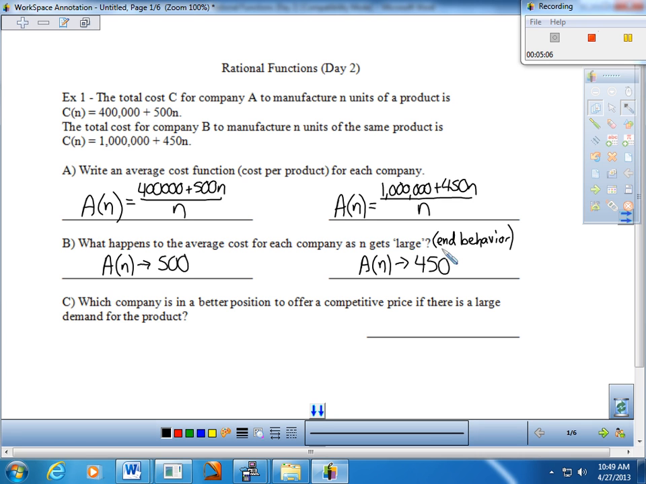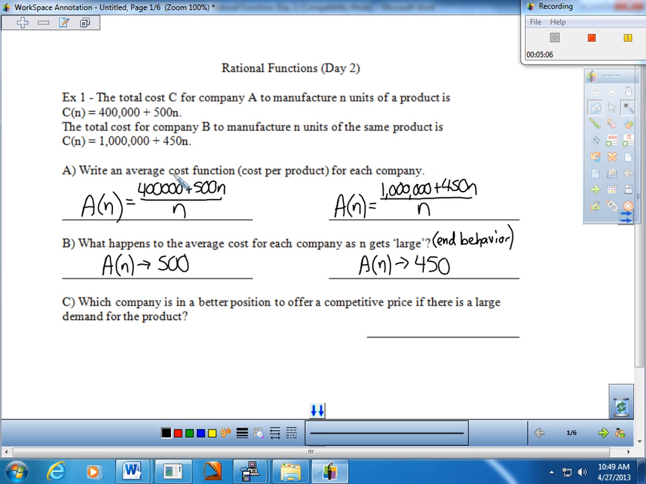So you can kind of see the ideal here. And for part C, if we can draw just a quick conclusion and move on, it just says which company is in a better position to offer a competitive price if there is a large demand for the product. And in this case, if you look at their costs,